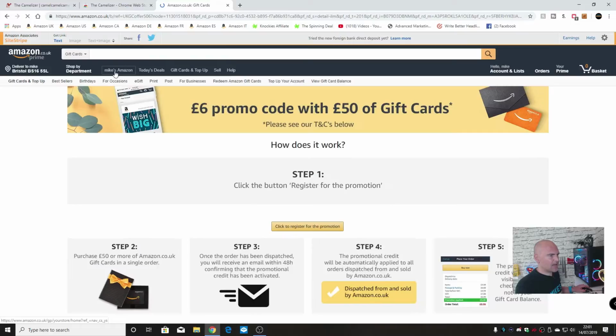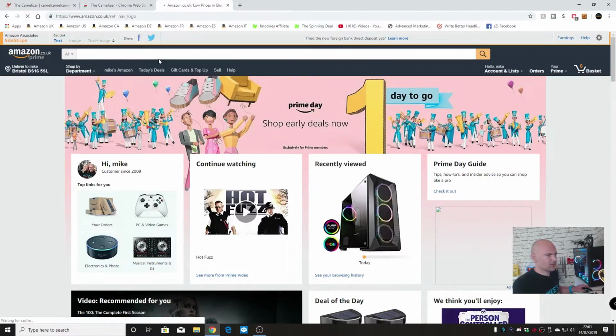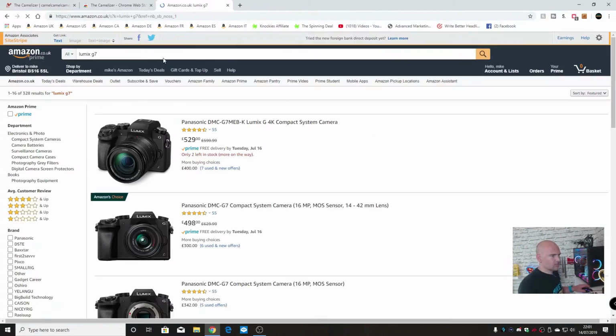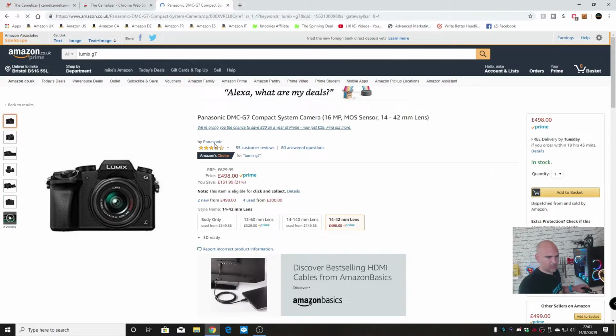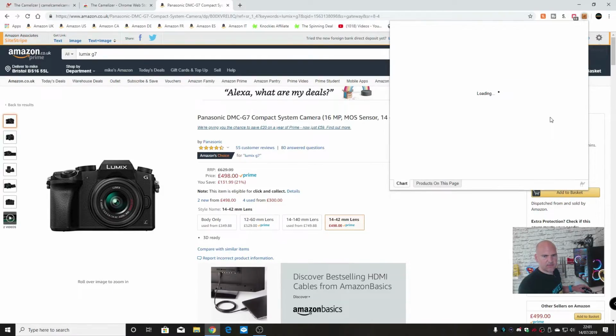So let's try another example of something we could buy off Amazon. Let's try a Lumix G7 camera. These are the sort of things that do fluctuate quite a bit. If we look at the Amazon's Choice one, let's take a look at that one. That's already slightly lower than the previous prices. So again, if we click on the Camelizer,